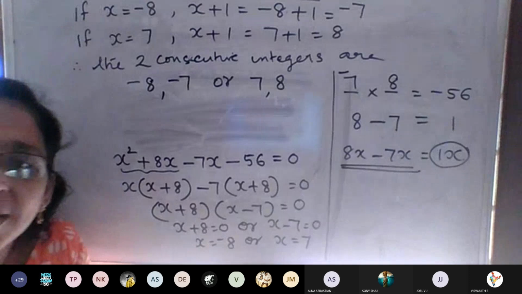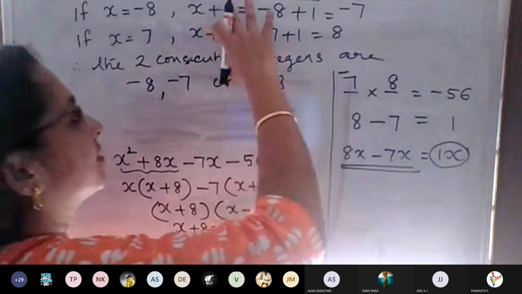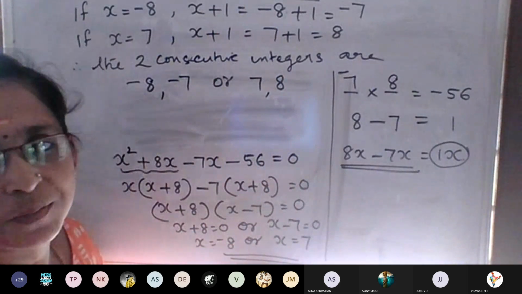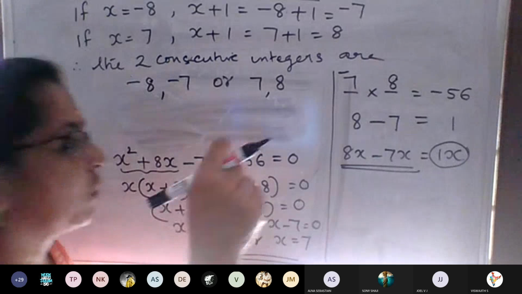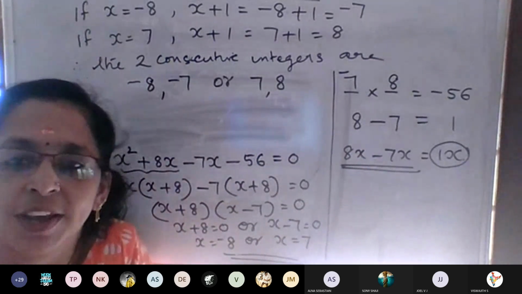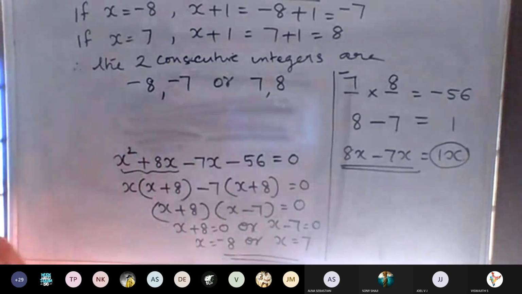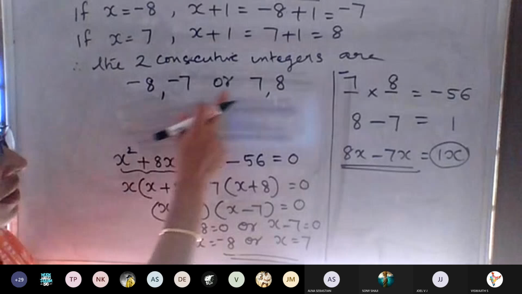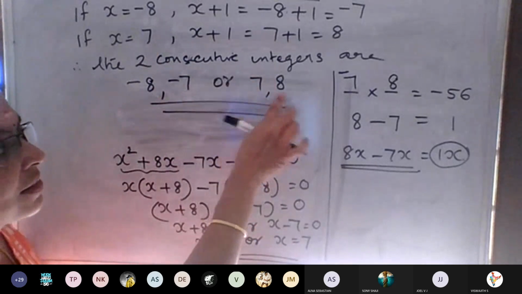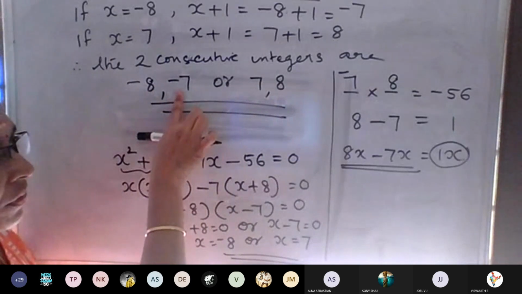Usually, since you have the online exam, at last you will not find this answer written as the two consecutive numbers are -8, 7. If you click that, -8 and 7, you will get the wrong answer. Understood? Got the difference? -8, -7 or 7, 8, this is the answer. So the option will be either 7, 8 or -8, -7. Understood?